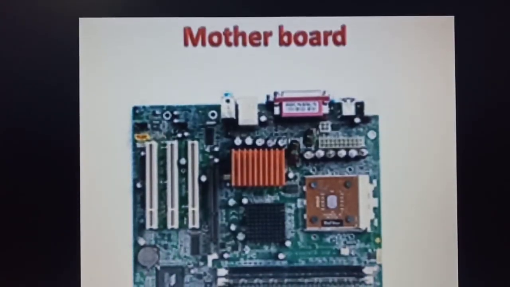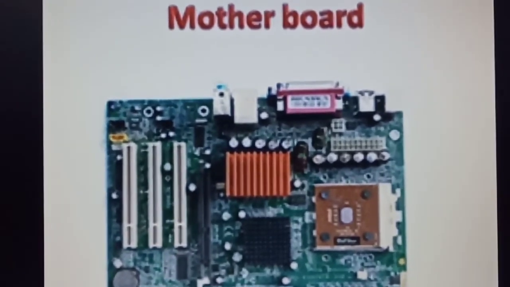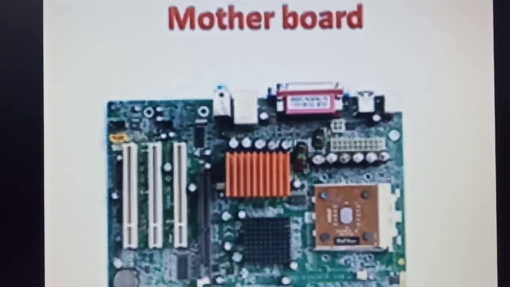Now we discuss internal hardware components in detail. First we study the motherboard. Motherboard is the most important part in the CPU. It is a large printed circuit board, that is PCB. The motherboard is used to connect all the essential components of a computer. It contains the processor, sockets and interface plugs, RAM, hard drive, disk drive and optical drives. The BIOS, basic input-output system, and complementary metal oxide semiconductor are present in the motherboard. Now you can see the picture of the motherboard.